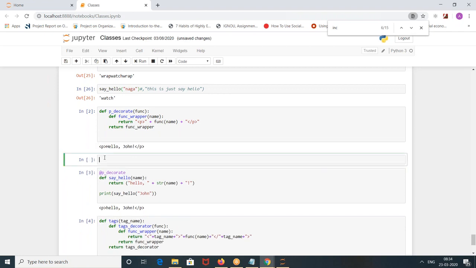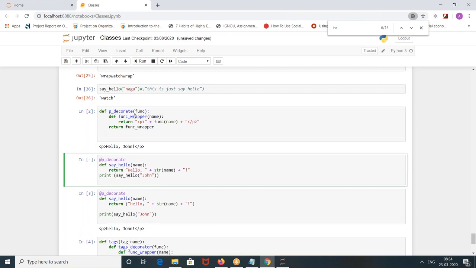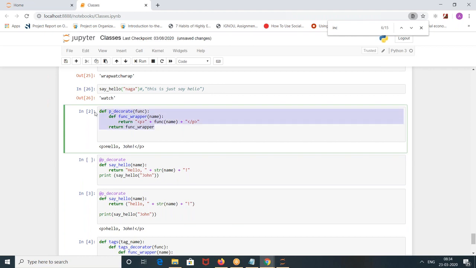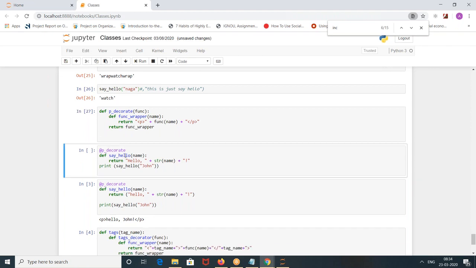This decorator function is present somewhere, Nagaraju. I don't know, there is this decorator function in the first line or second line somewhere. You wrote p underscore decorator, a func name. Within that you have defined the structure of it. There is a skeleton. You run it. Suppose you want to give that gift to Pawan. The simplest way to call a decorator is at the rate of the function name of the decorator.